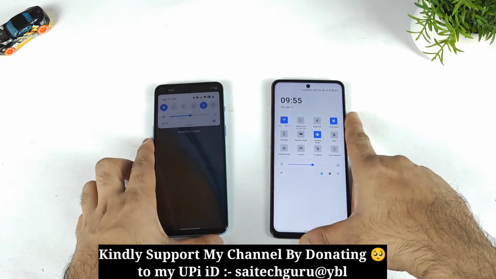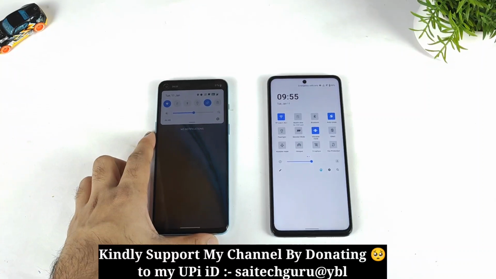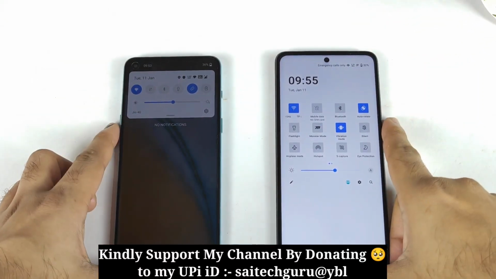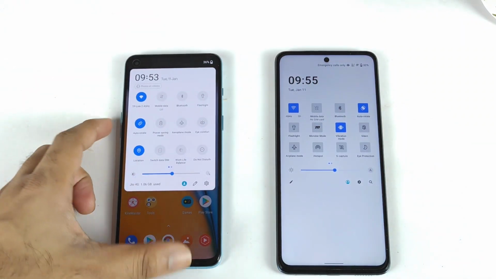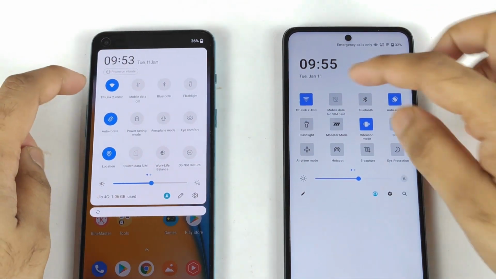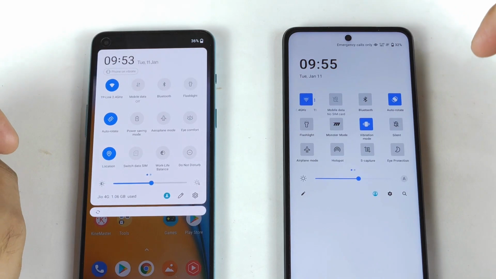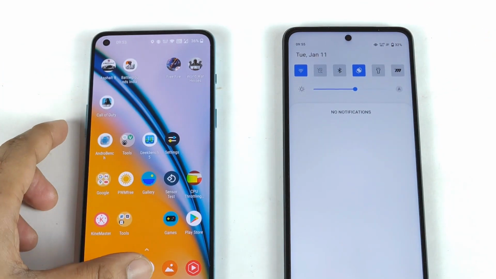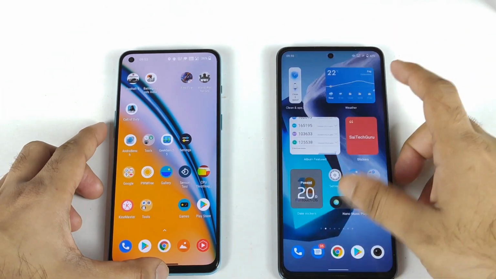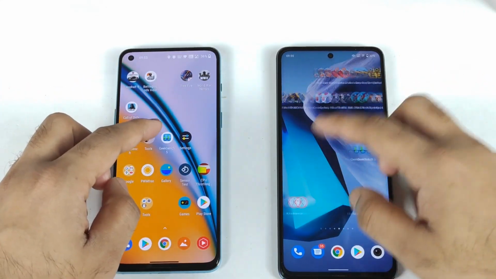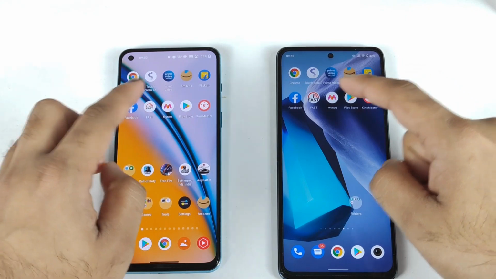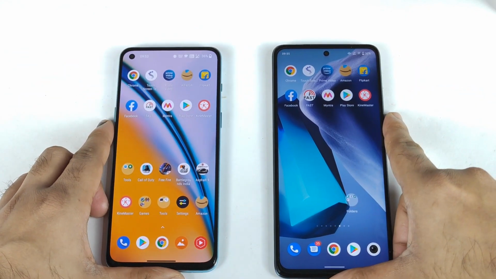Once you restart, the brightness will be a little bit lower in the OnePlus Nord 2, but later it will try to increase. That's one small thing. Both phones are connected to the same 2.4 GHz Wi-Fi network, perfectly all right. And all the apps should be completely cleared from the background. RAM management, everything is pretty clear, right? So completely done. And these are the 10 applications which I'm going to demonstrate in this video for the speed test.